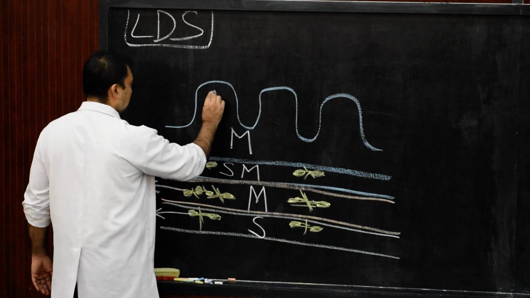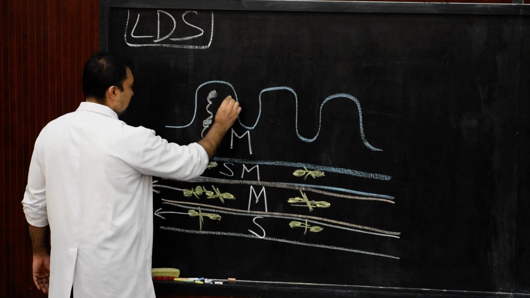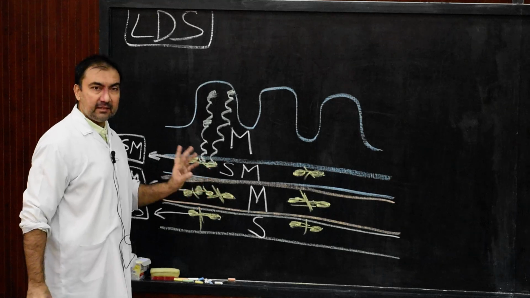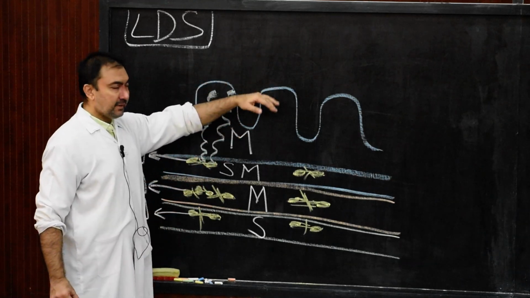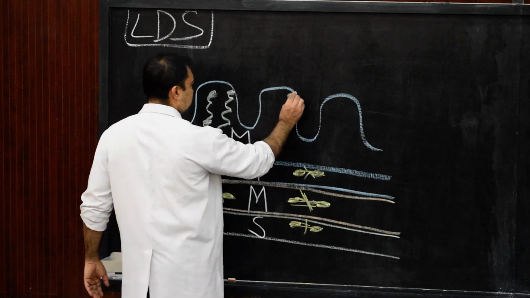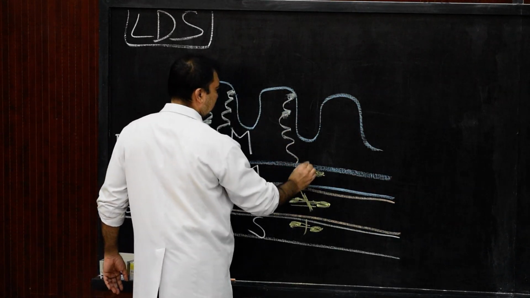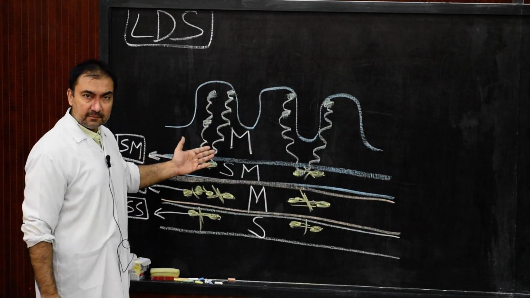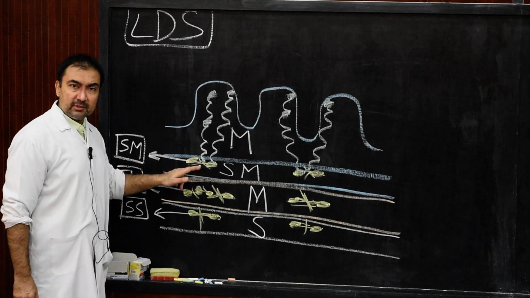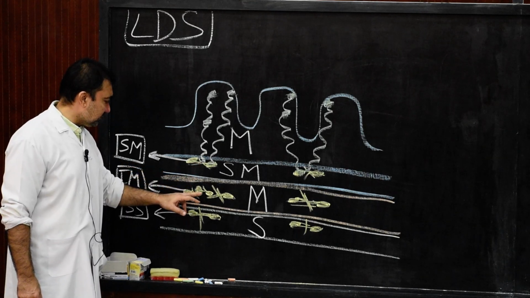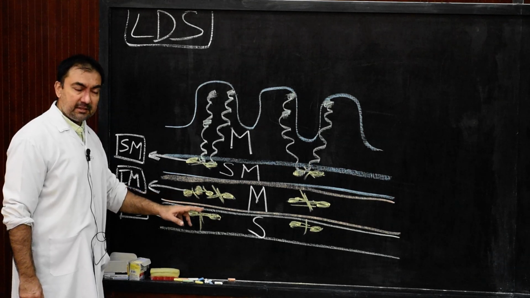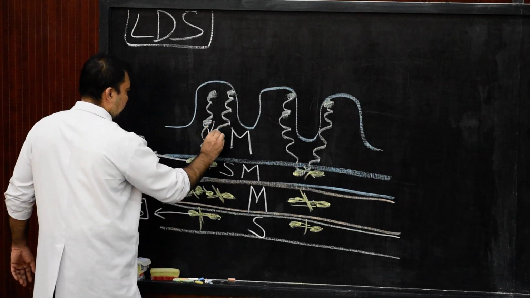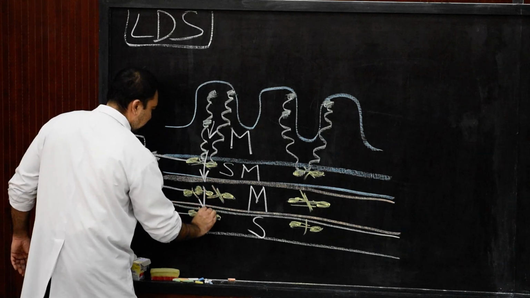It will start in the form of various subepithelial lymphatic radicals. These are subepithelial lymphatic radicals. If this is the lining epithelium, these are the subepithelial lymphatic radicals. So from these subepithelial lymphatic radicals, the entire lymph will start, it will pass into submucous plexus. From submucous, it will pass into the intramuscular. From intramuscular, it will pass into the subserous. So in this direction, the entire lymphatic drainage will pass.